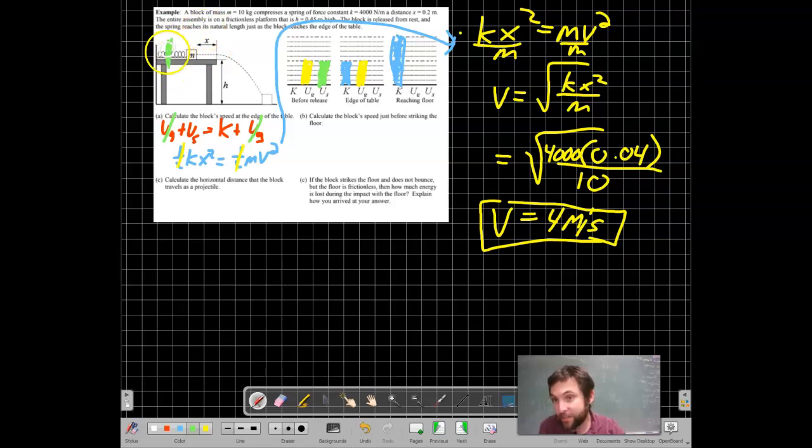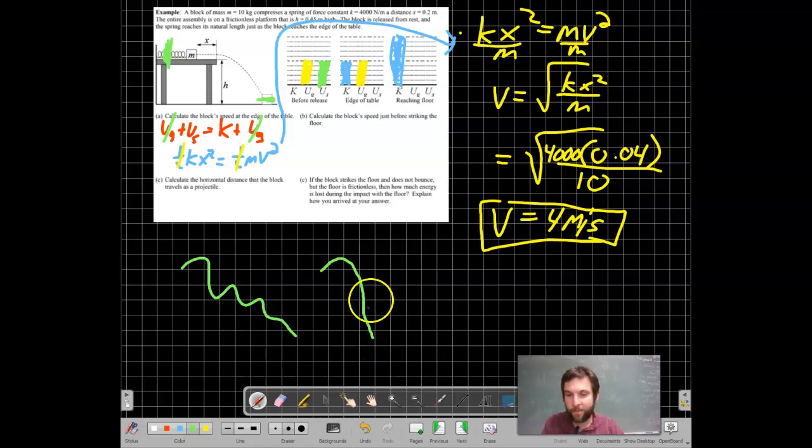For you guys, I'm going to say the starting point is here and the ending point is here. That means I don't care what's happening in the middle. I only care about what happened in the beginning and what happened in the end. Just like on a roller coaster. If we have a roller coaster that does all this, and it started from this line, and then we have a roller coaster that does this,